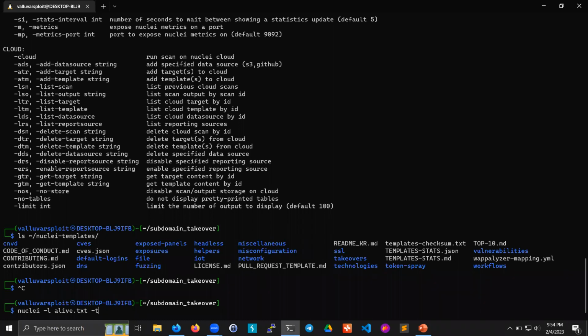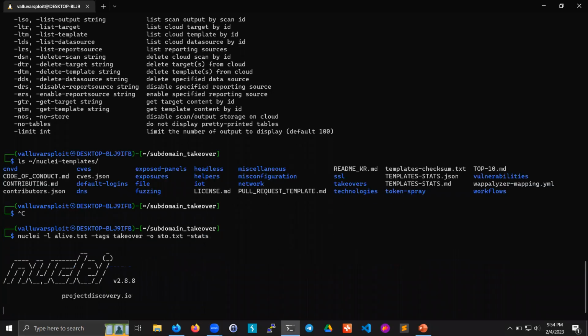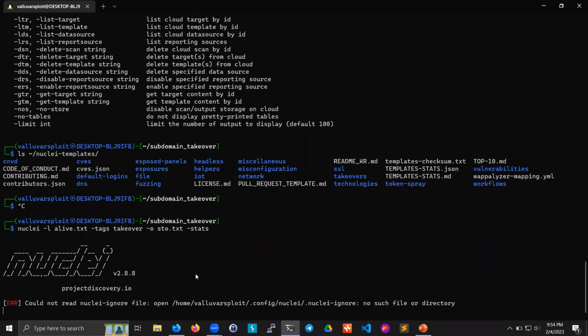We can use the T option and specify the template. Here the templates are stored under this location. So here we can specify the takeover directory, so that all the templates under this directory will be run. Suppose you want to run using the tags, we can specify the tags here, takeover. And we can use the output option to store the output, a txt file, something like this. And if you want to see the status, you can use the status flag. Okay, so it is doing